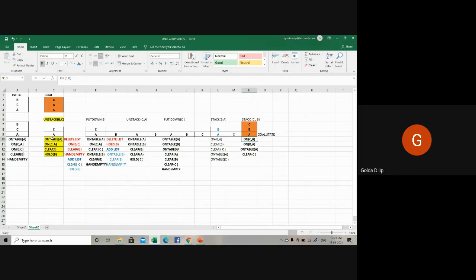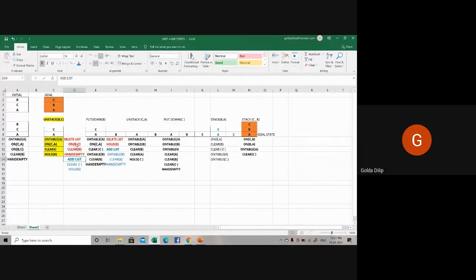For each action, I have used STRIPS, the action-centric representation, which has a set of preconditions for the particular action, and then a delete list and an add list.